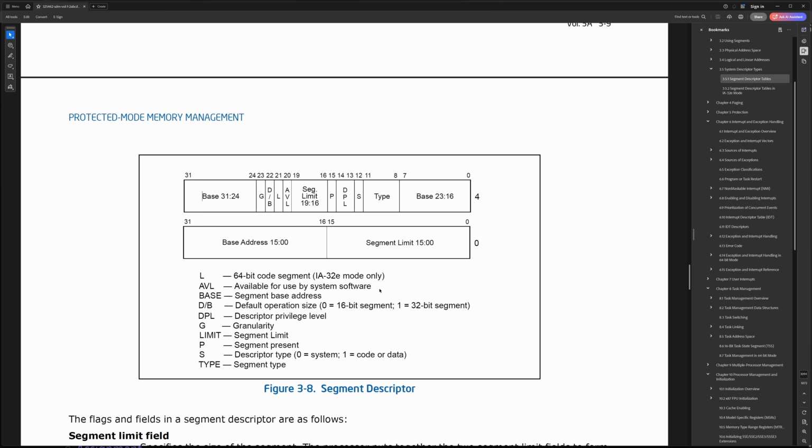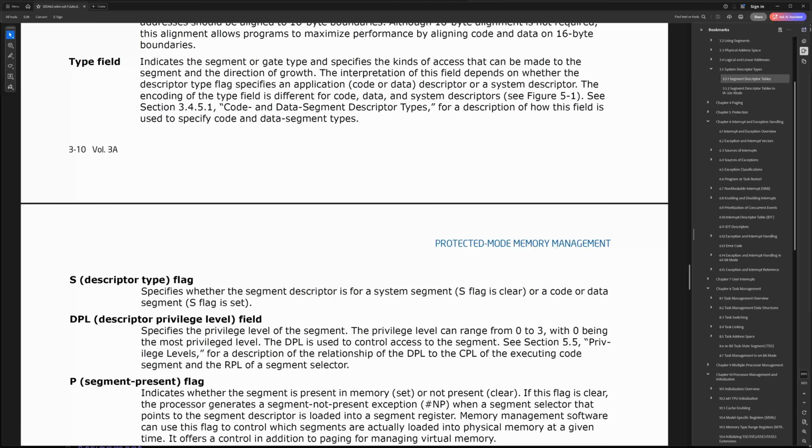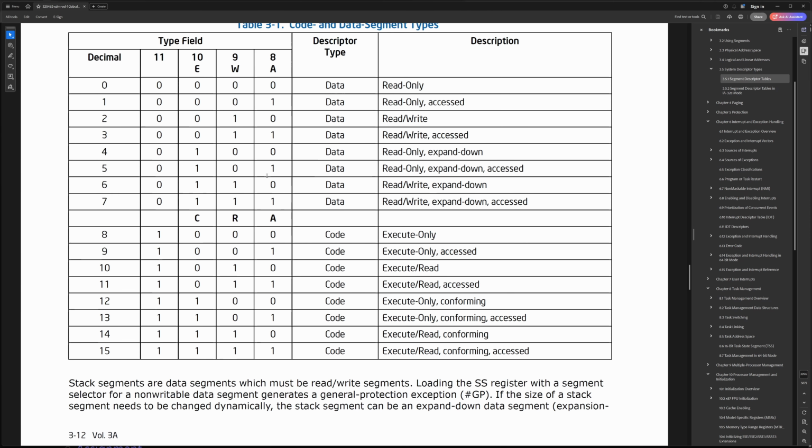Type, which is 4 bits, but we'd like to. Do we have types somewhere? Type field. Okay. Yeah, so 4 bits, and they are composed from